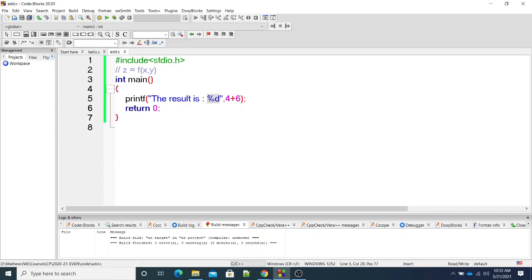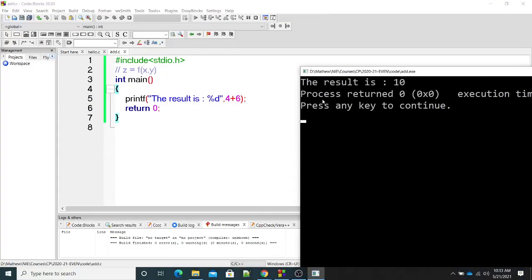So this %d is like a placeholder or a template, which will be replaced with some number when we are actually displaying it onto the screen. That is the intention.